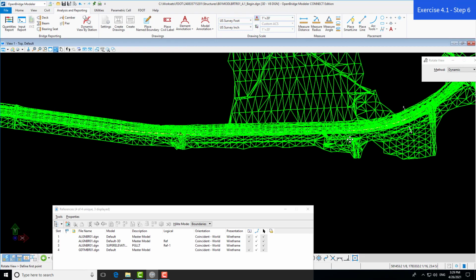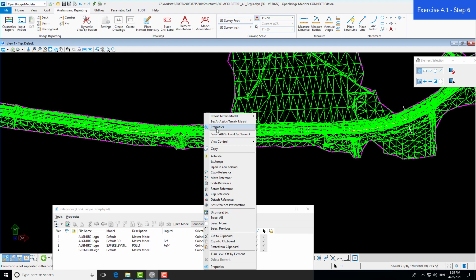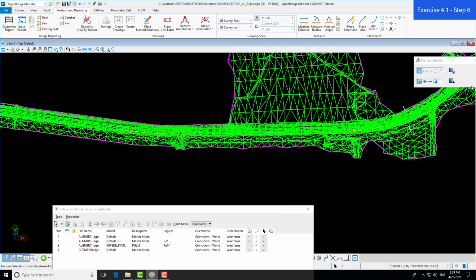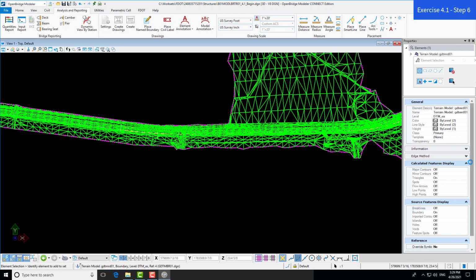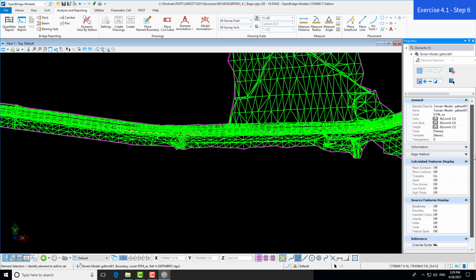So we can view the terrain model in a couple different ways. So we'll select it here and then right click and open up the properties. Once the properties pull up, we'll be able to, on the right here for the properties, for reference,